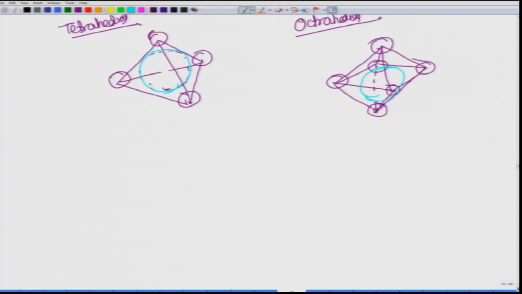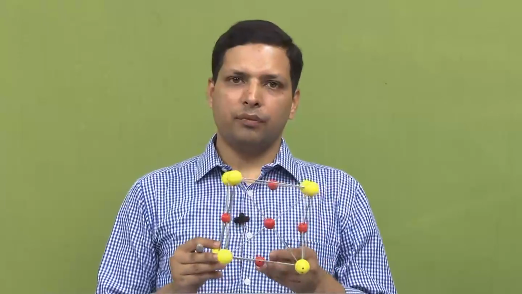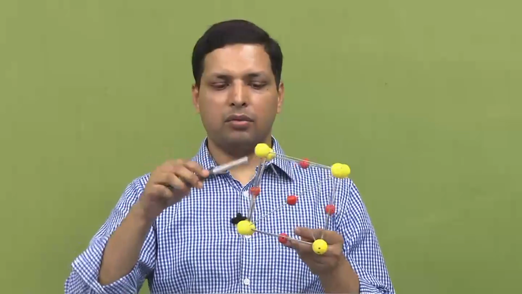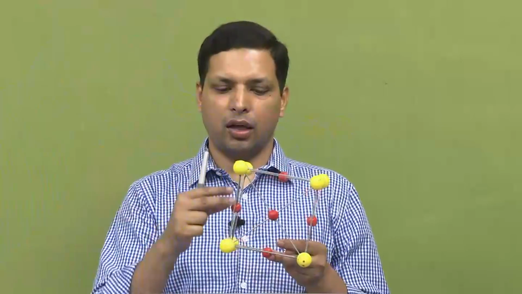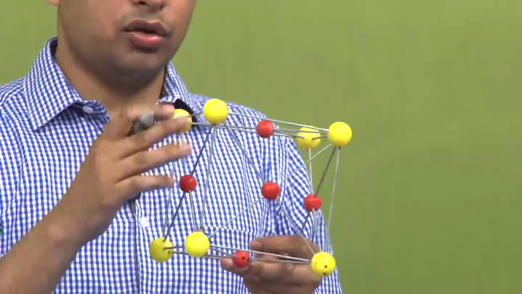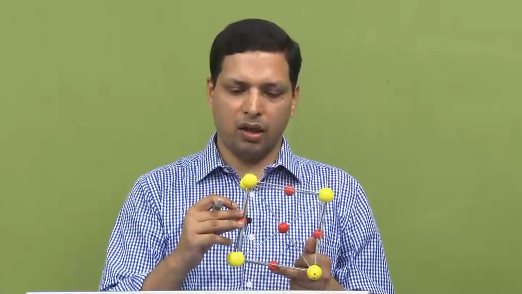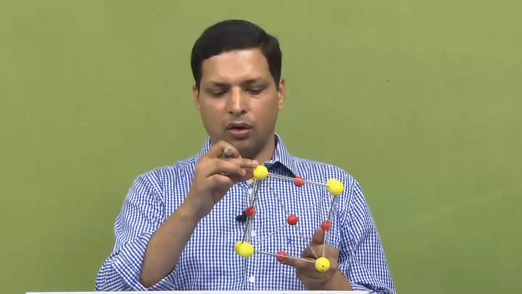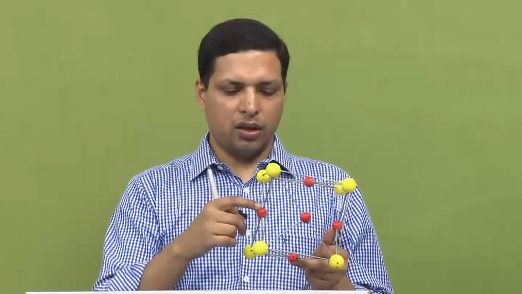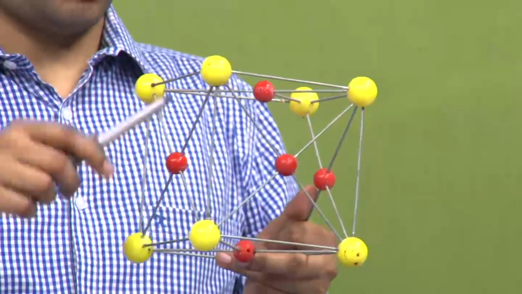Now, we will look at the two different systems, and first, let us look at FCC. So, now I have brought a model over here. So, this is not really FCC. Why is it not FCC? Because here the two atoms have been given different colors. It is showing that these are two different atoms, but let us assume that these are the same atoms. Okay, I did not have the model where both of them were of the same color. So, for now you will assume that yellow and red are the same atom. So, this is the FCC. Now, this is how the FCC would look like.